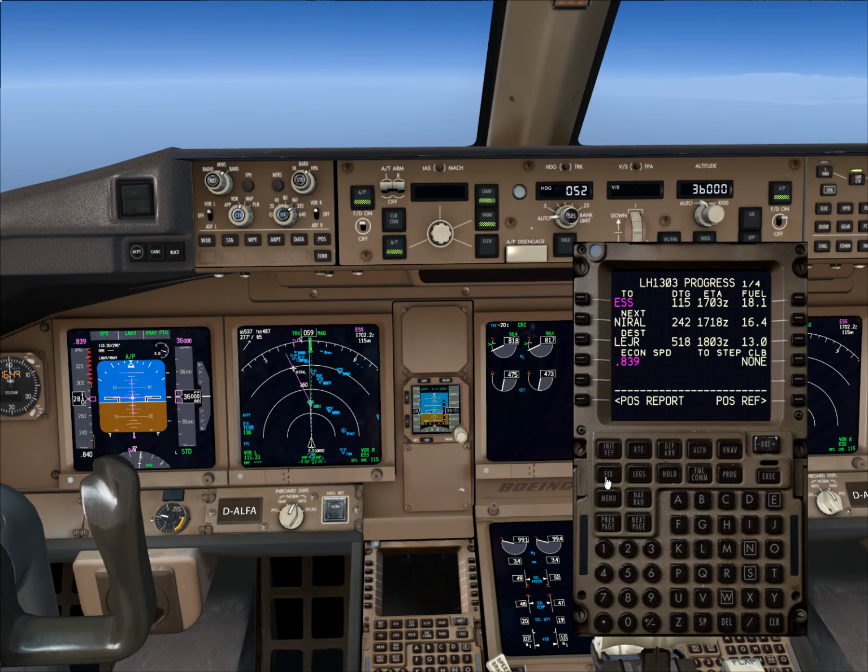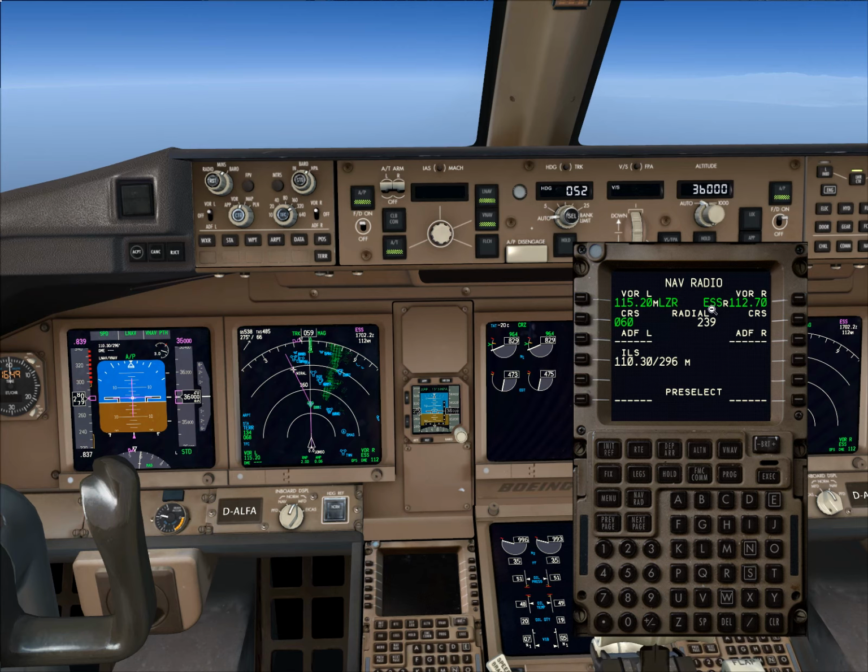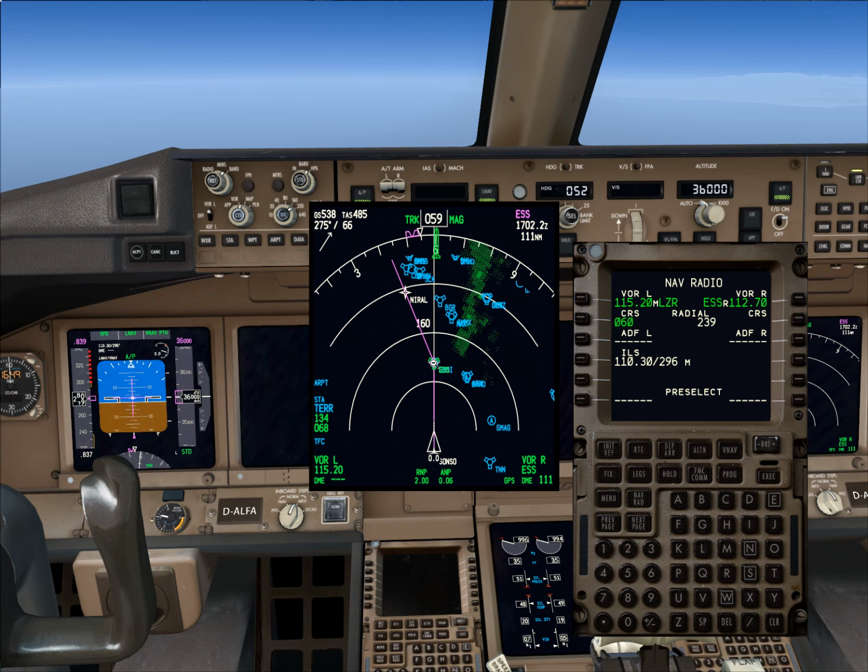Also, what I want to do is delete the previous fix information I was using on my standard departure. I will delete that as well. I won't be needing those anymore. That's Lecher. I already inputted a fix for the airport, which I always like to have. And if I go to the nav.rad page, you see Echo Sierra Sierra VOR here has been tuned in automatically,